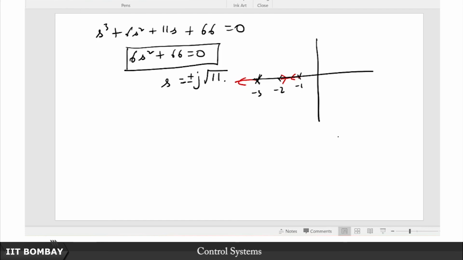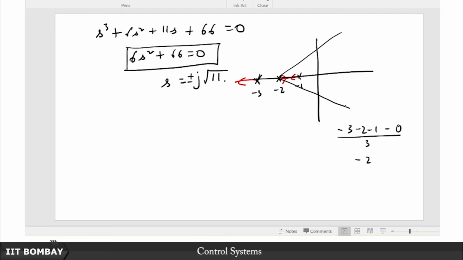The centroid is going to be somewhere here, minus 3, minus 2, minus 1, and of course there is no 0, so it is 0. Therefore the difference between the open loop poles and zeros is 3. So this is minus 2. So this, it turns out, is going to be the centroid. And what are the directions of the asymptotes? Of course I know one direction, so the other directions are going to be,